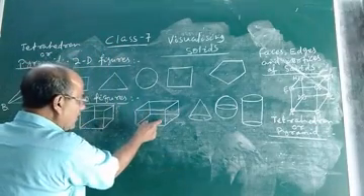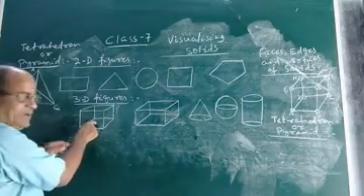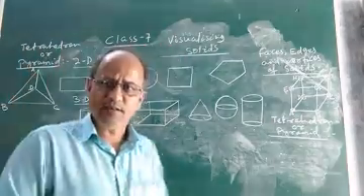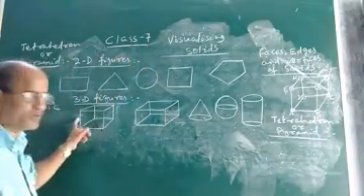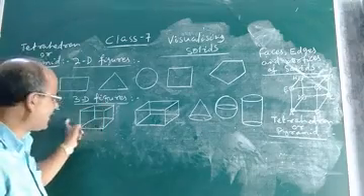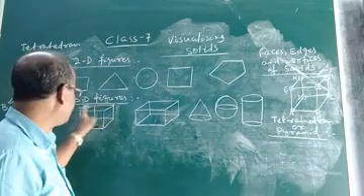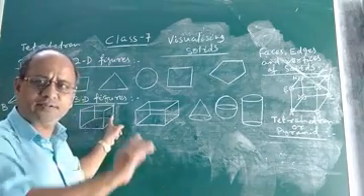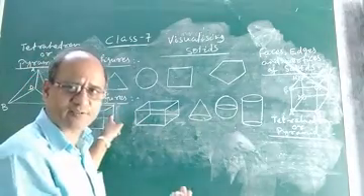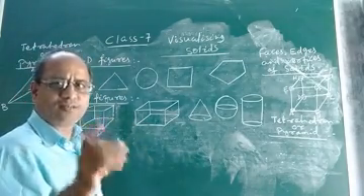If you look at a cube, you know how many faces it has? Six faces. A cube has 6 faces. Look, each face is a square. The base, the top and the lateral faces. Lateral faces means the other 4 faces. The base, the top and the other 4 lateral surfaces. What are they? They are squares. A cube has 6 faces.